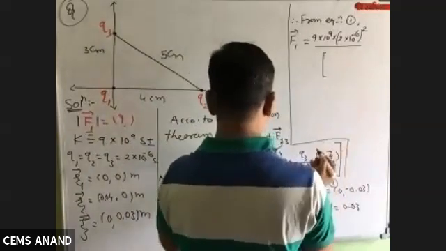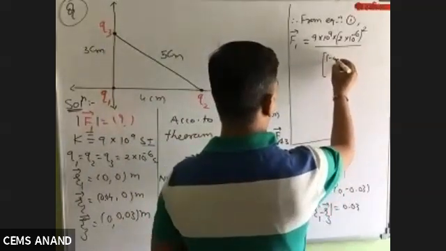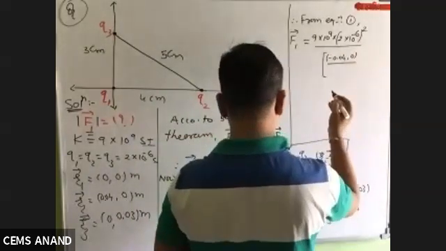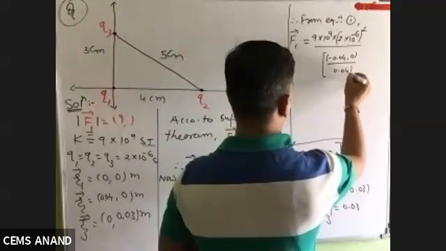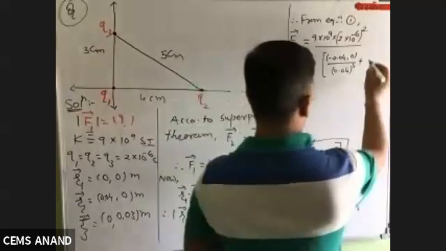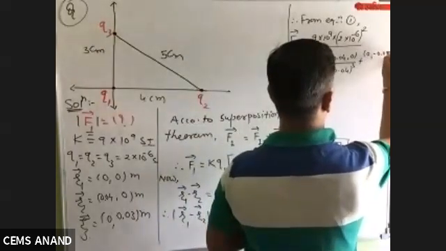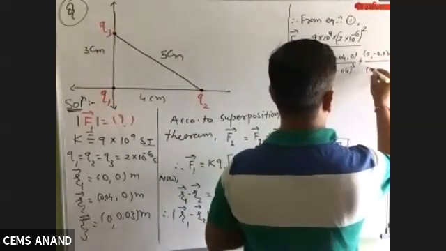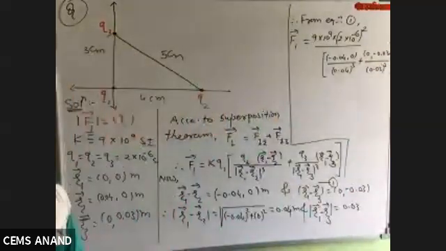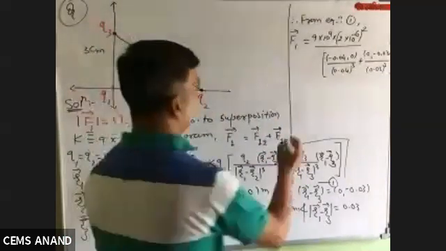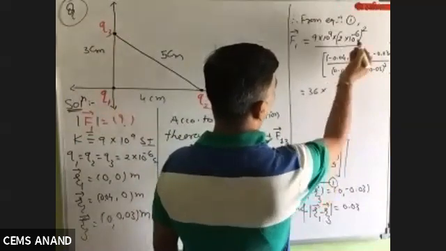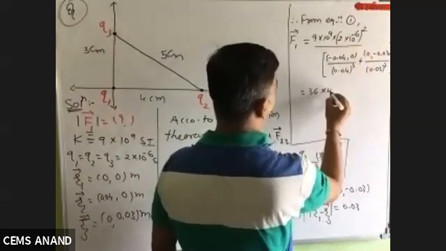So in the bracket, now here we are left with minus 0.04 divided by 0.04 cube, plus 0 minus 0.03 divided by 0.03 cube. Is it so or not? So 4, 9, 36. Minus 12, 9, minus 3.